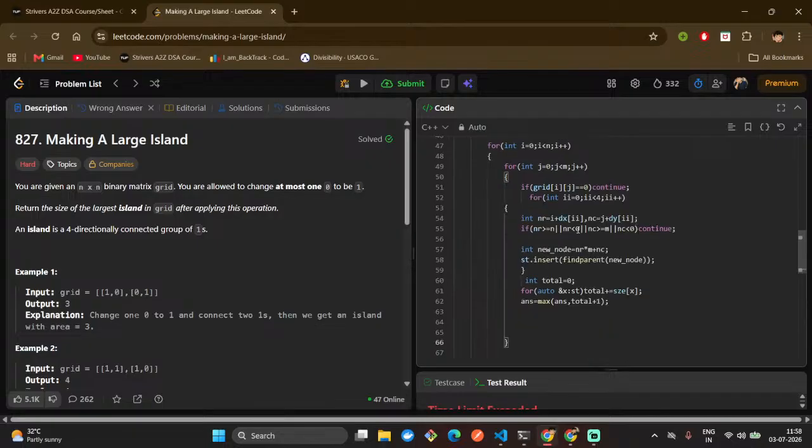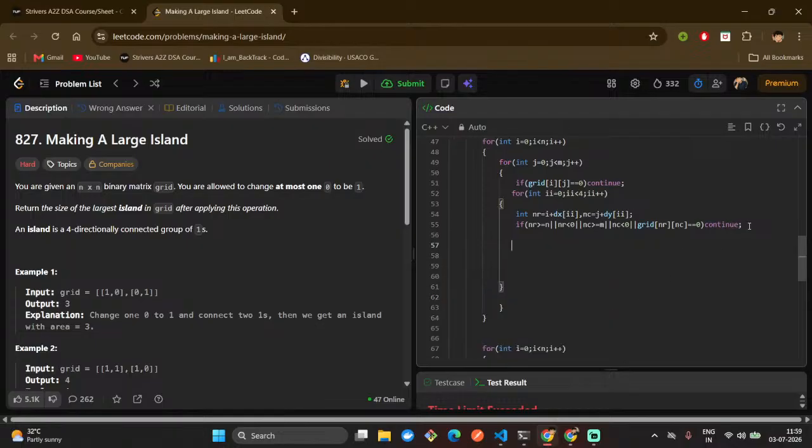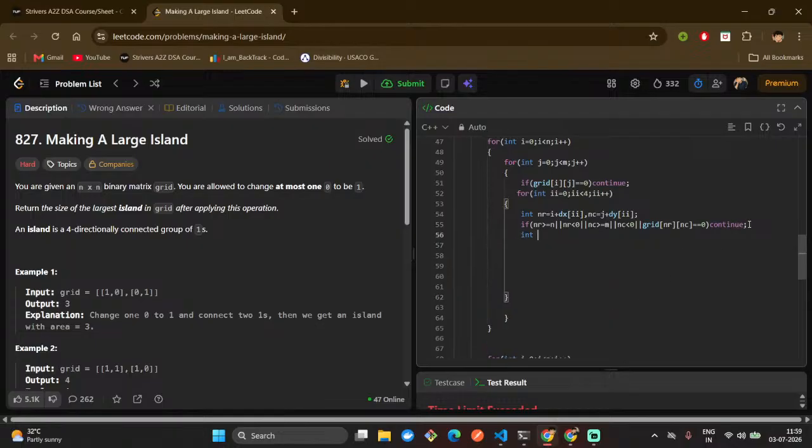Okay, like we have i, j plus 1. So i, j plus 1. It's continue. And if the grid at nx and ny is equal to 0, you have to continue. And like we have two options, right? Two options like